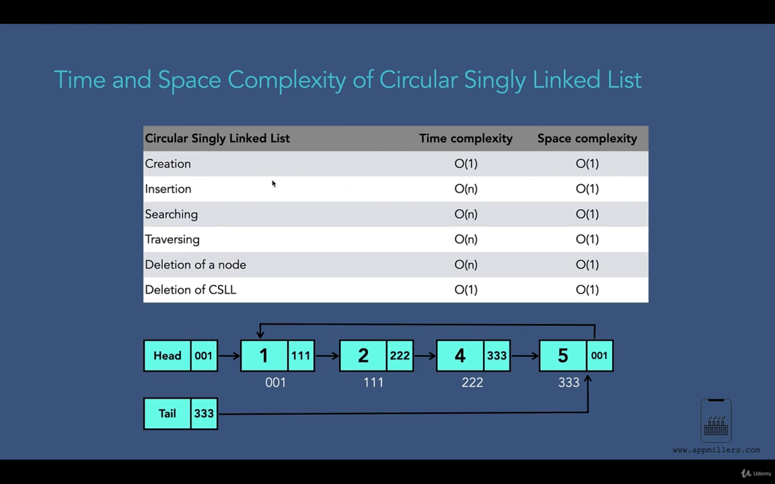Now when we are inserting a node in circle single linked list, we have three cases. The first case is we are inserting a node at the beginning of circle single linked list, and the second case is we are inserting a node at the end of circle single linked list, and the third case is we are inserting a node at any given location in the circle single linked list. Now when we are inserting a node at the beginning of circle single linked list, in this case the time complexity is O(1) because here we are just changing the references of head and last node's reference to point to this node over here. So this operation takes O(1) time complexity,